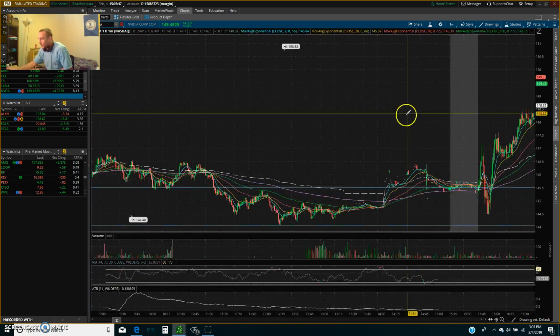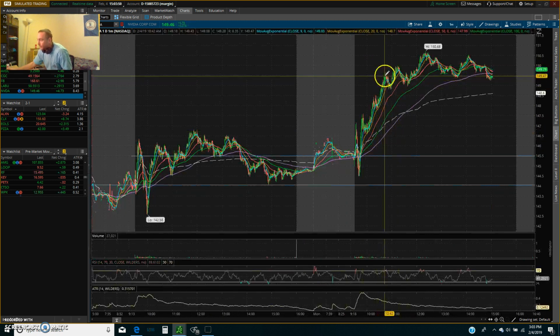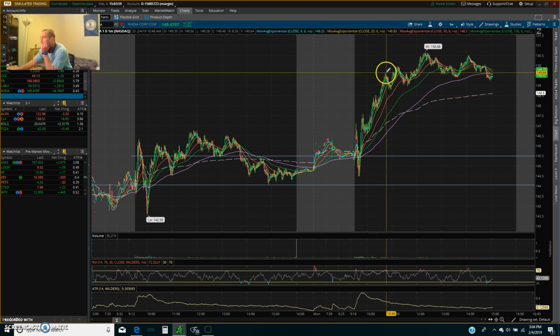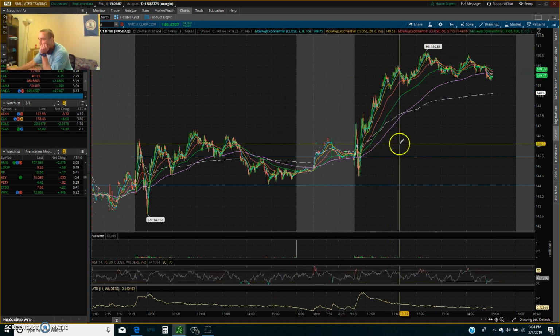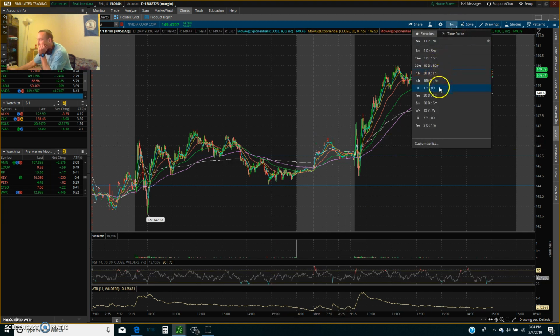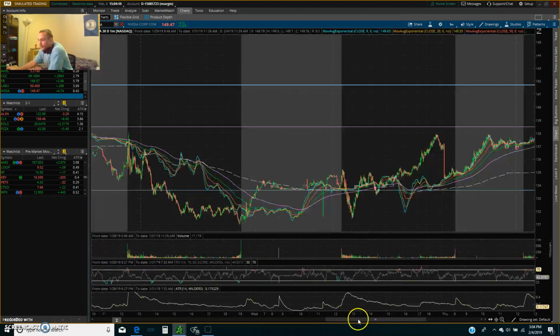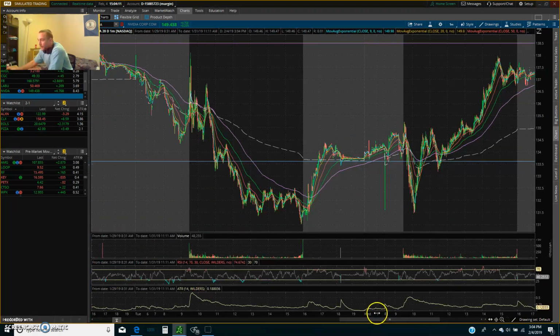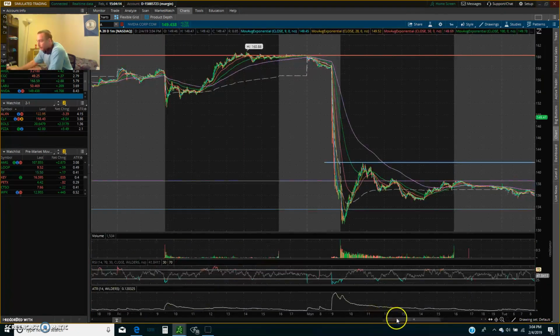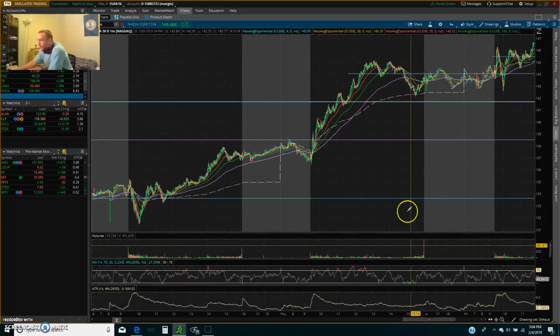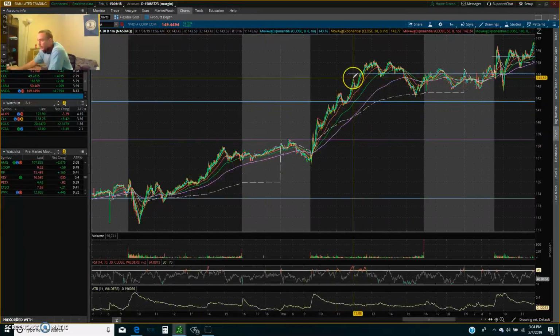I've been trying to do something different. I sold into strength. I sold right here at the very top at 149.66 or 67. Literally the very top I sold. So yeah, I did the same thing. If we go to the 20-day chart, when I first bought them, I had sold right here on the first one.